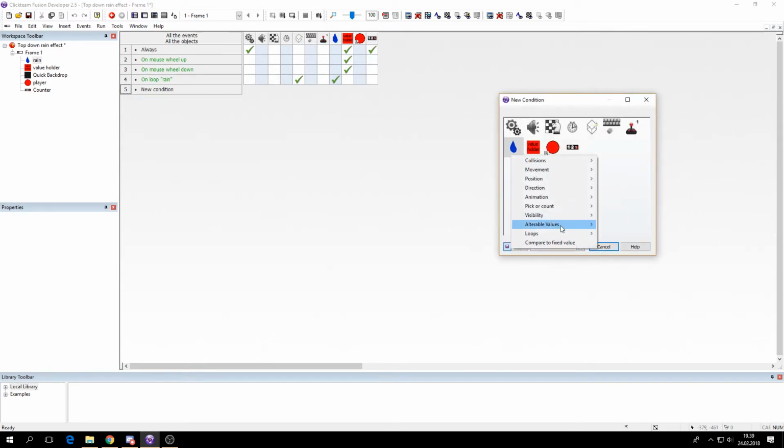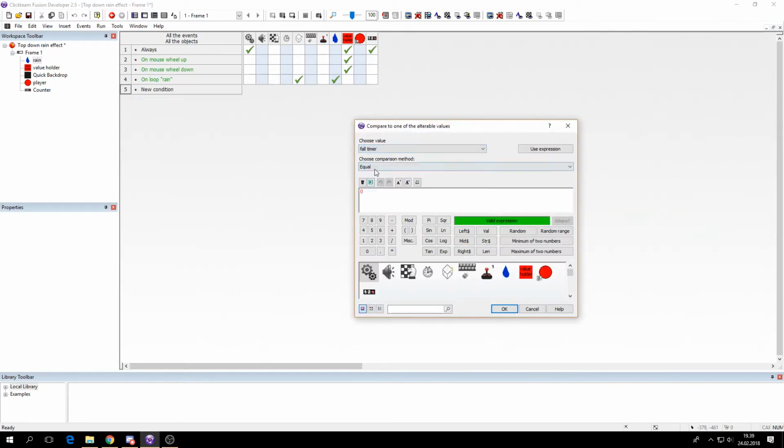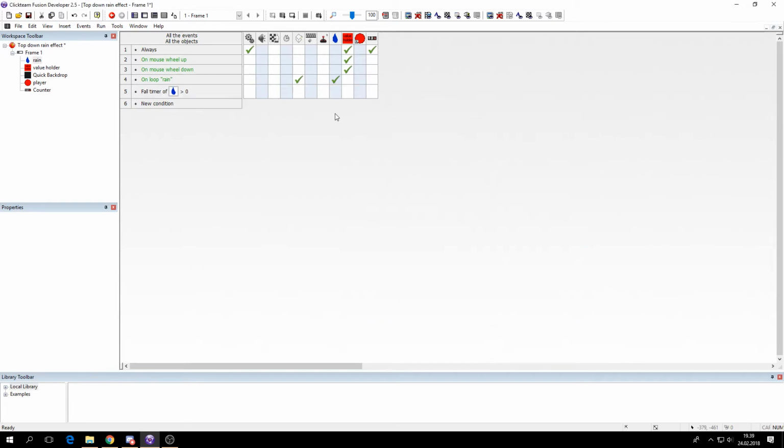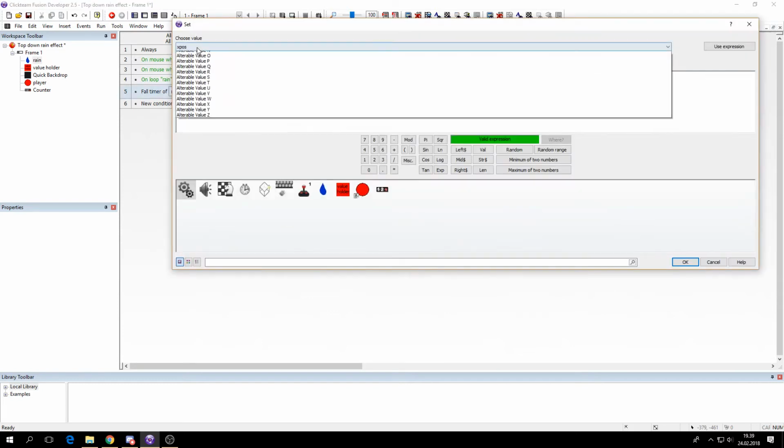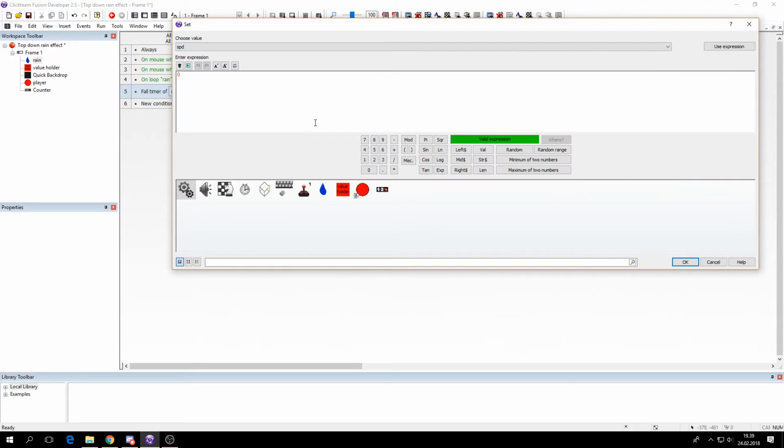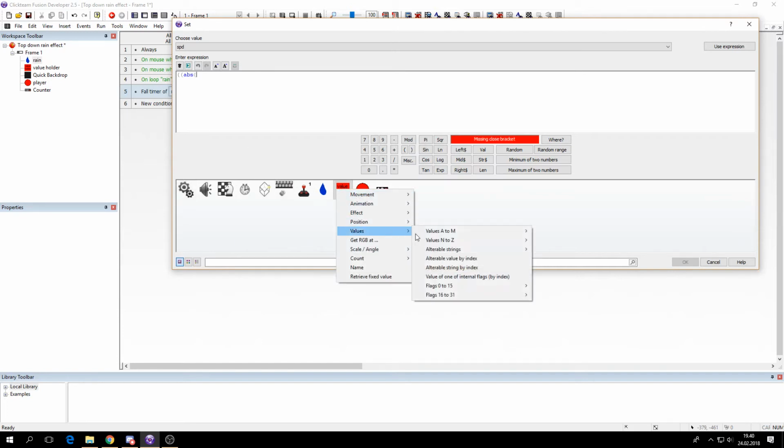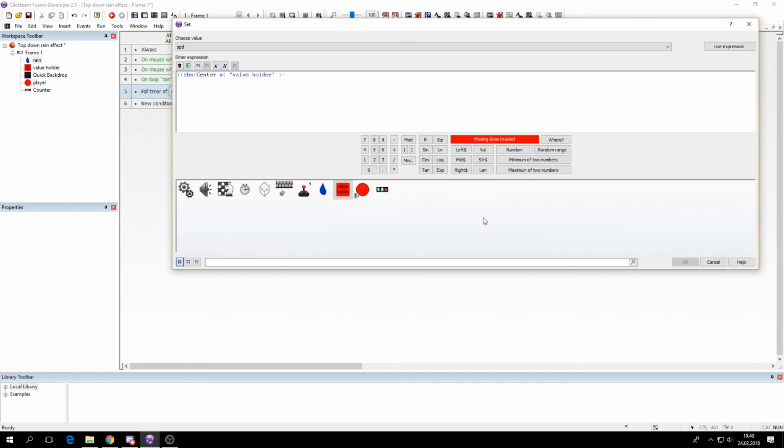So when these are still alive, so when the fall timer is greater than 0, then we want to move them. So we want to set the speed. They will move faster the further away they are from the center of the screen. So just write exactly the same as I did. I did a lot of tweaking and testing to figure this out. So the absolute value of the center x minus the x position of the raindrop